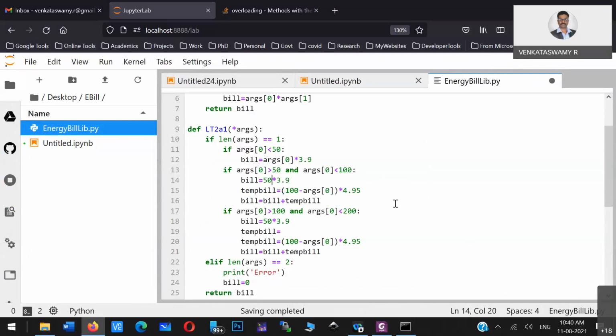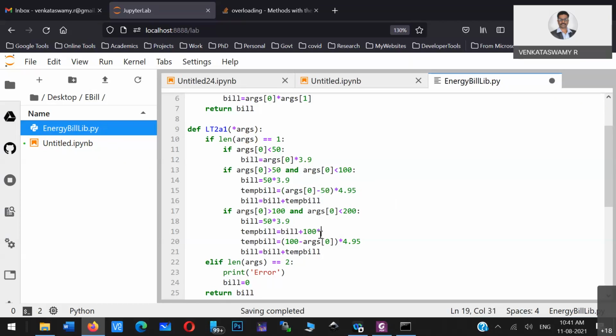Remaining number of units, no, no, no, this equation is wrong, right? Number of arguments minus 50, correct? So it is 51 units multiplied by 4.5 rupees. So similarly, in the second slot, bill plus the second slot.